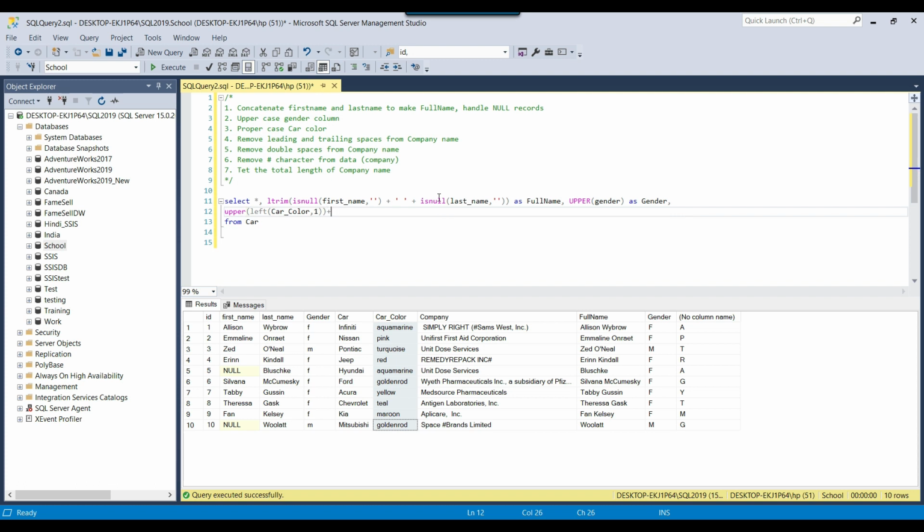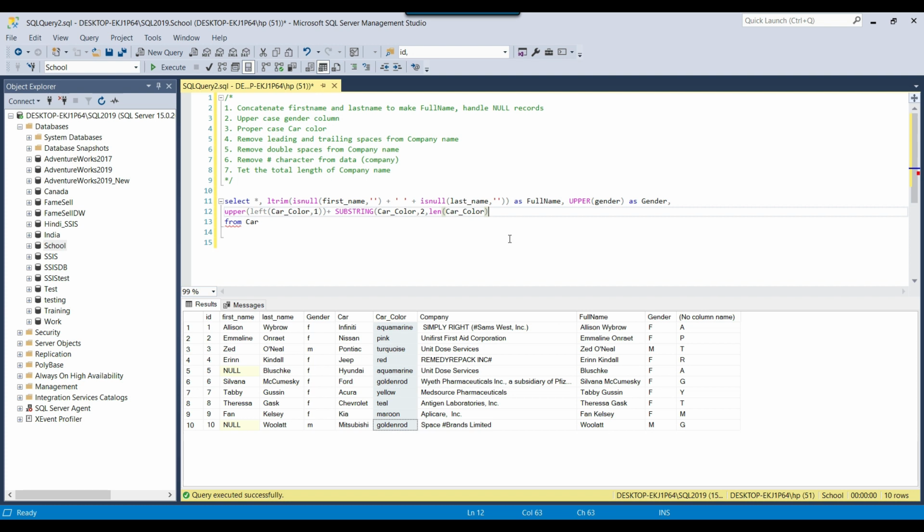First I can add a plus sign, and then I can use the substring function here. In the substring function I can pass the column name, and I want to get the data from position 2. And how many characters do I want to get? I want to get the total length of the column value. So for getting the total length, I can use the len function. The len function returns the total number of characters in the car column field.